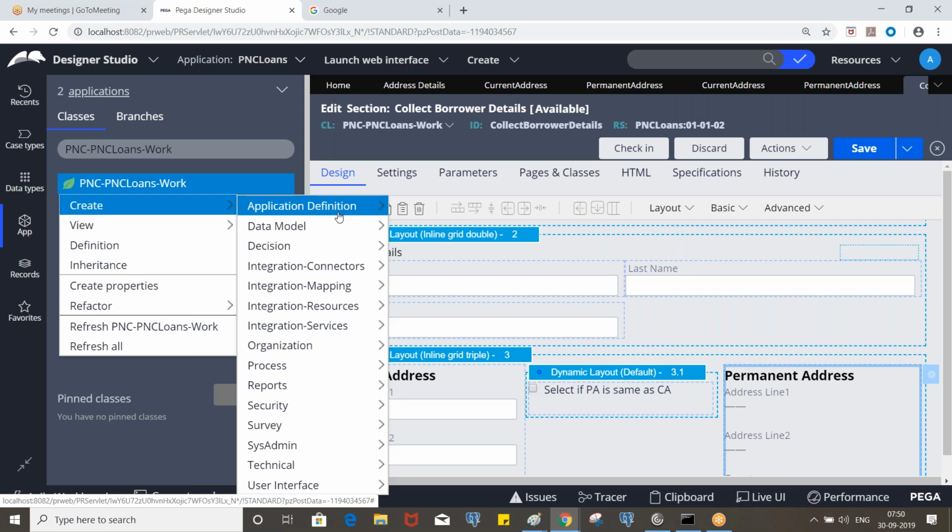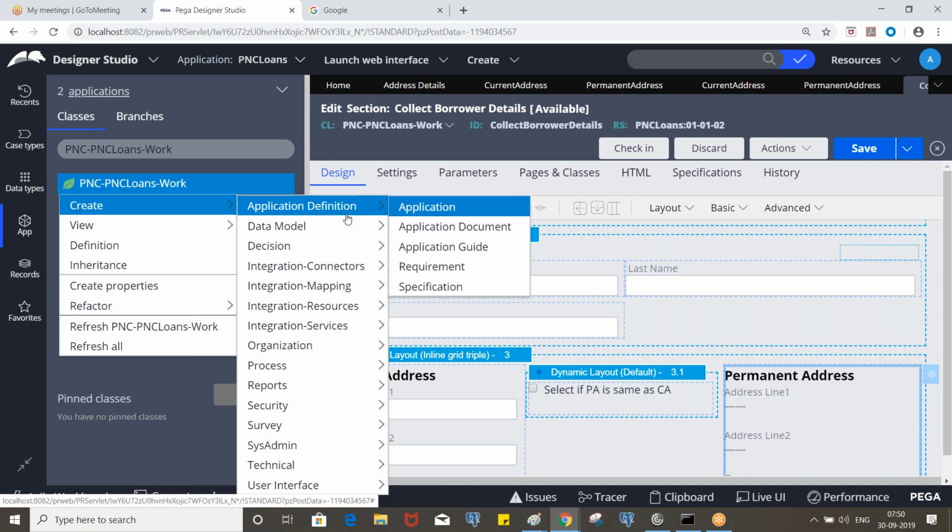Copy into, and a data transform we can put. If we put a page list here, it will be appended here. While copying the data, if you want to initialize some data by using the data transform, you can put that. But mostly we don't use these two options in most scenarios. We just need the from page and the to page: from which page you are taking the data, and to which page you are copying it.